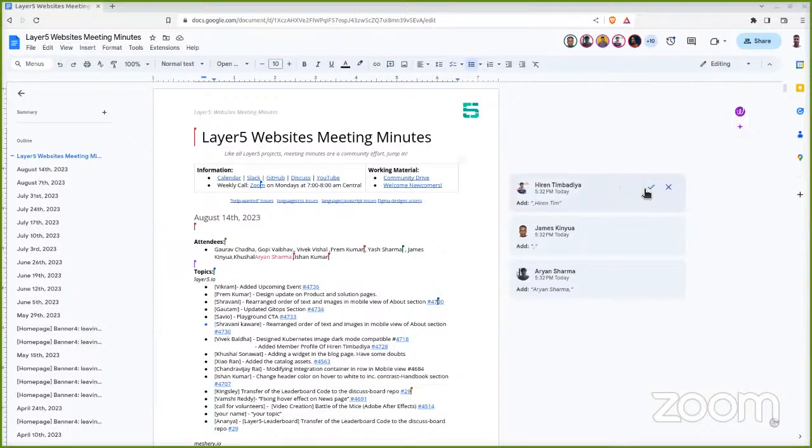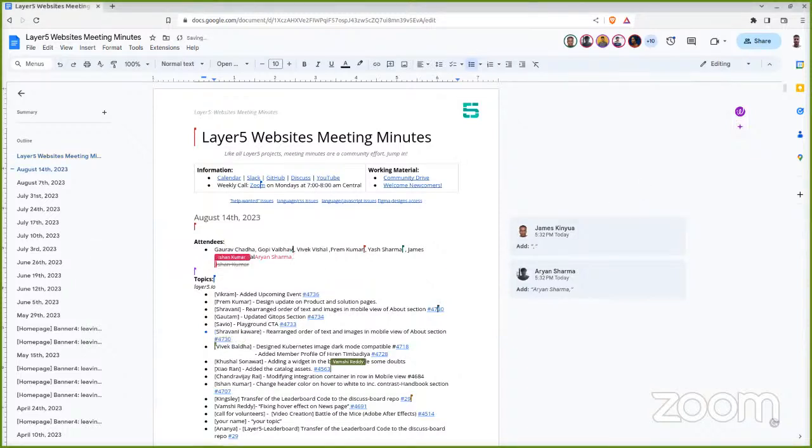I am a newcomer to the Layer5 community, and I was assigned the issue of adding a widget card, which was designed by I guess Vikramaditya. So I added the widget card, and I'm almost up with how the issue should be resolved.